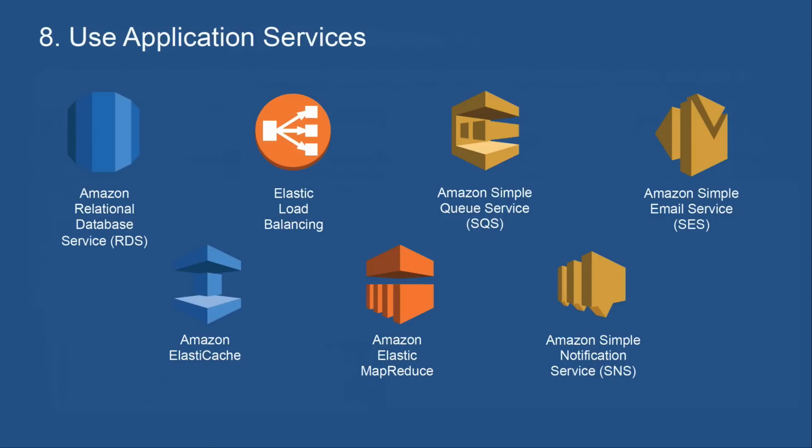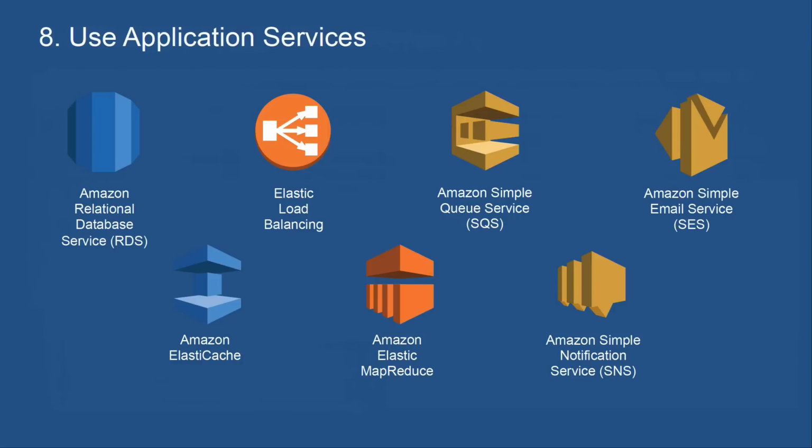And that extends into application services as well. So typically you could choose to run open source or commercial software packages on your EC2 instances to provide things like queuing services, or to handle email delivery, or to handle notification services. Amazon Web Services offers service options for many of these architectural artifacts that you might include within your apps, and many of these are available to you in the free tier, so you can test and trial these application services and establish whether they work for you at no cost.